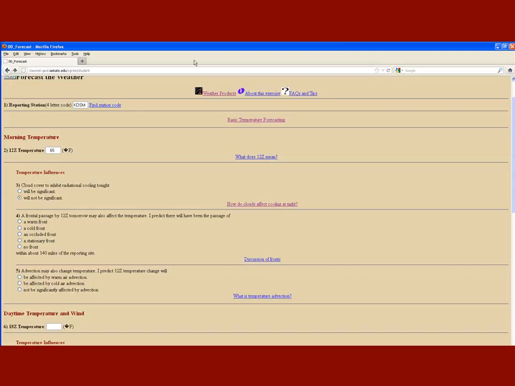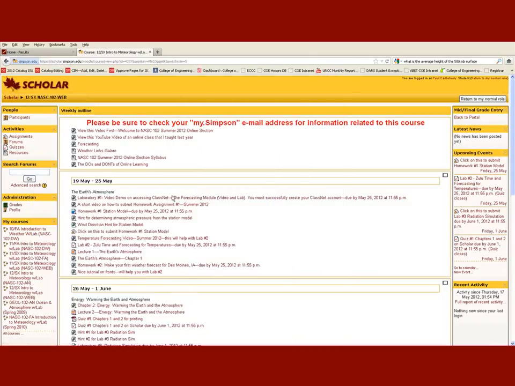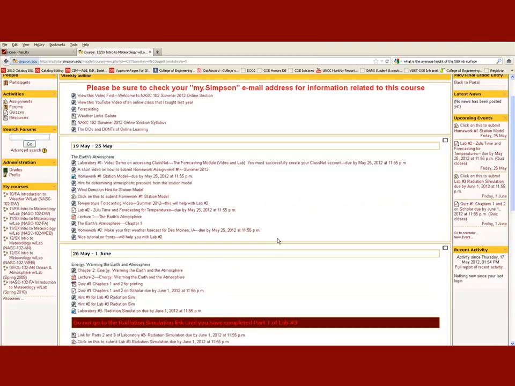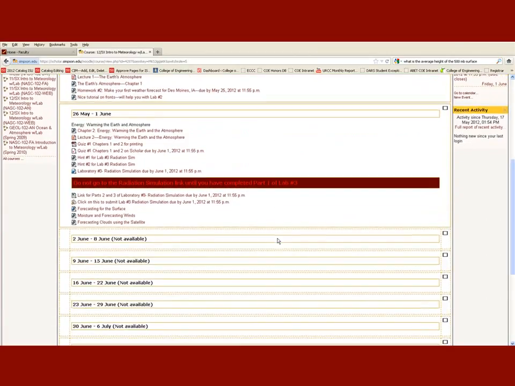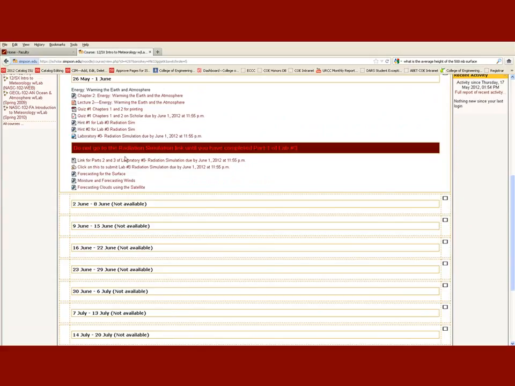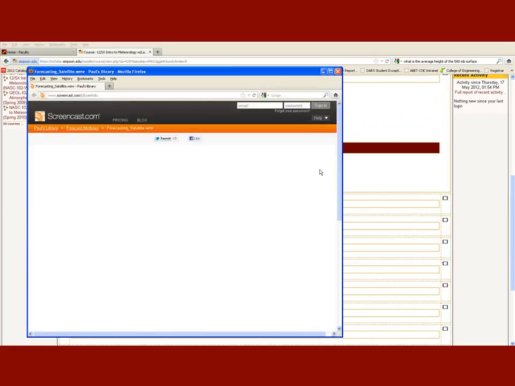Now, you'll learn as we go through the course what to look at to see if there's going to be cloud cover coming in. And in fact, you'll notice I have a video here that you can view on forecasting for clouds. Here it is. It's under the May 26, June 1, the second week of class. So you can go ahead, though. You can move ahead and take a look at it. So if I were to click on that,